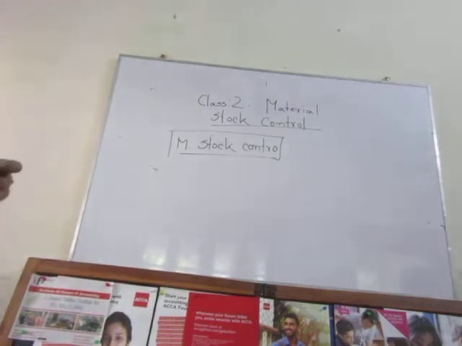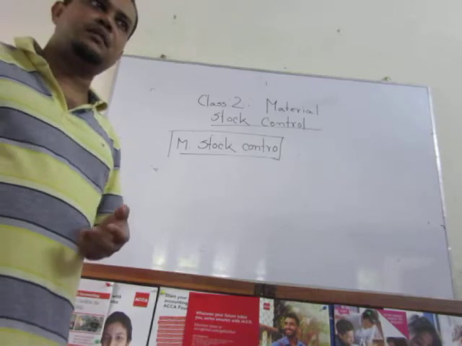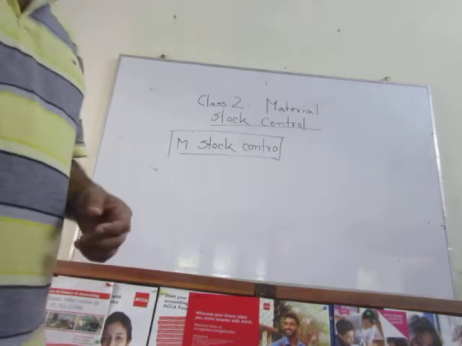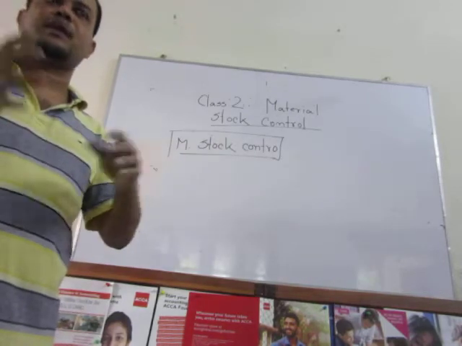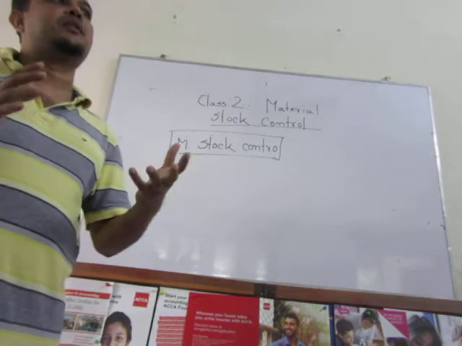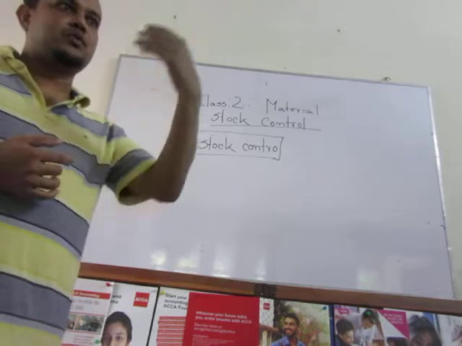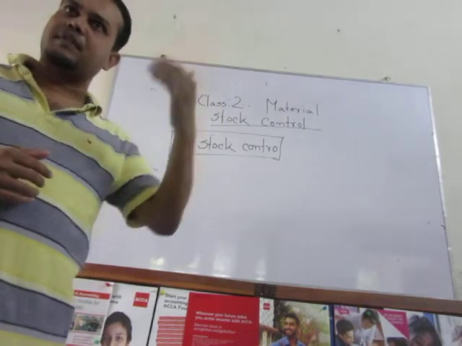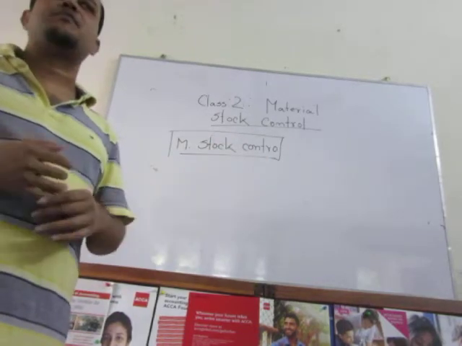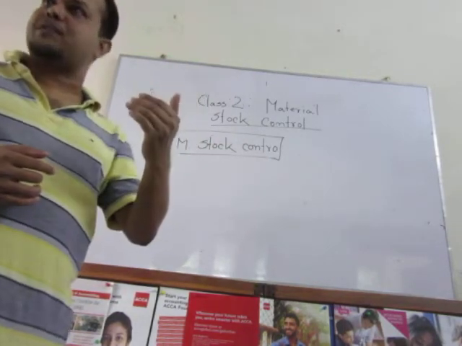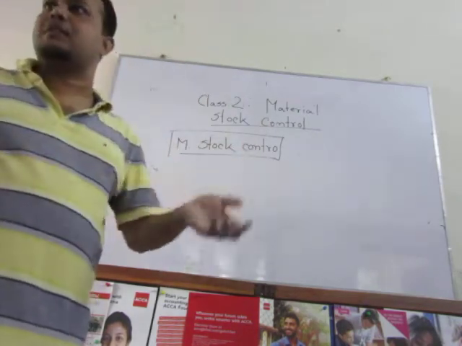Material stock control is a kind of activity for the business organization. What kind of activity? See, if you are running a specific business organization, first of all, you have to purchase raw materials or different kinds of material, right? Then there may be a specific authorized procedure. You have to order from the supplier. Then the supplier delivers the things, then you have to store them, then different departments requisition material and you have to supply that from your store. At the end of the day, you have to control everything.